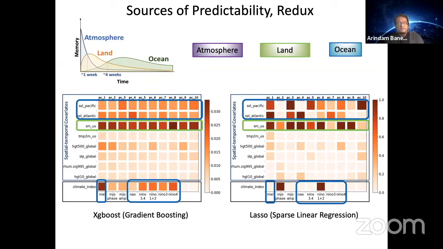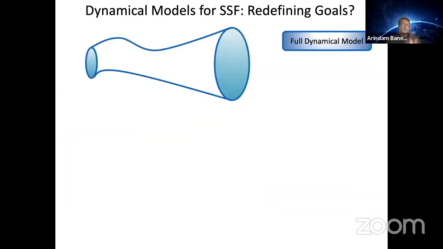What about atmosphere? Well, what remains is atmosphere. Right, so you can see that it's pretty light in color. So atmosphere was not really helpful, except for maybe the Madden-Julian oscillation, right? So Lasso definitely thought the MJO phase helps. Gradient boosting thought, yeah, MJO is actually helpful, and maybe a little bit of the geopotential height. So we'll talk a bit more about this in a moment. But this is actually one of the more important parts of our studies, that we are trying to understand the sources of predictability.